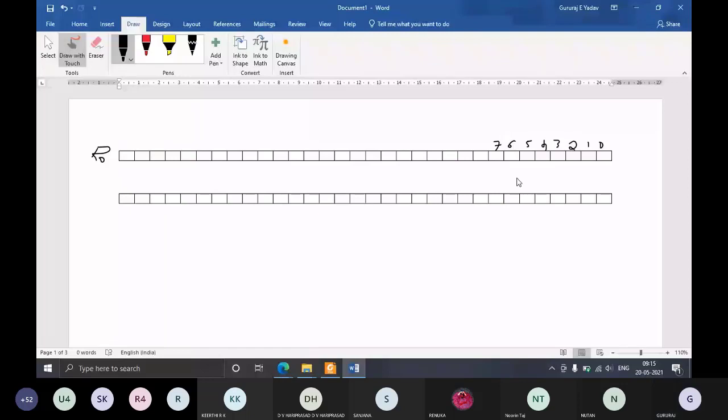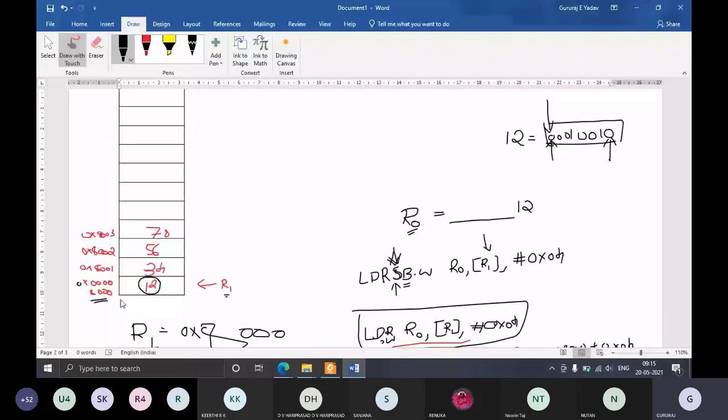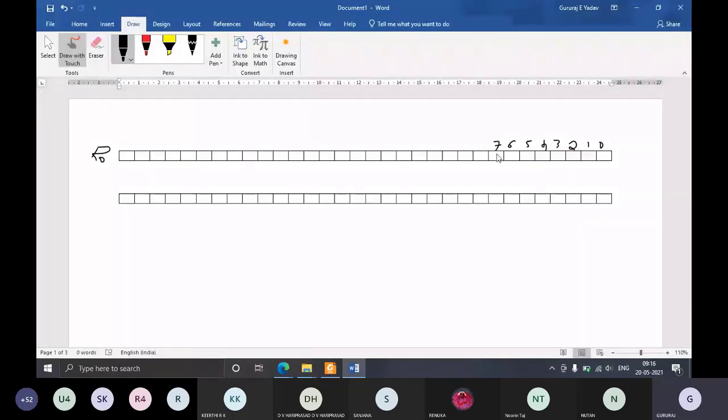It is 12, because that is the content of memory location 8000 where R1 is pointing, because R1's value is 8000. How will you write 12? 12 is 1, 2. 1 is 0, 0, 0, 1, and 2 is 0, 0, 1, 0.